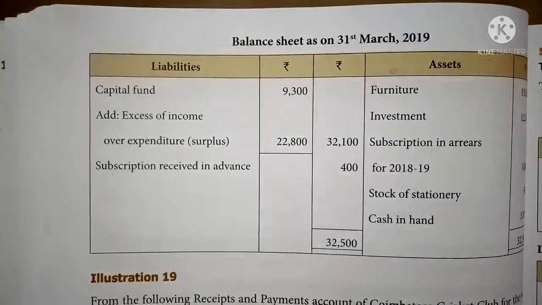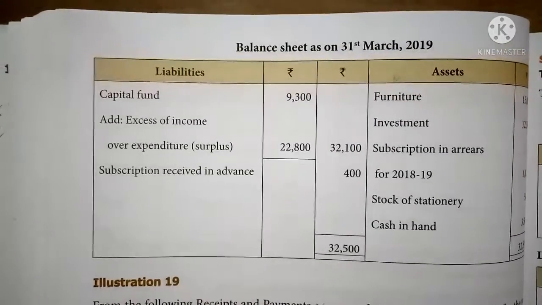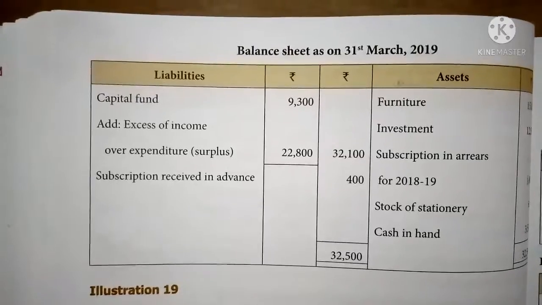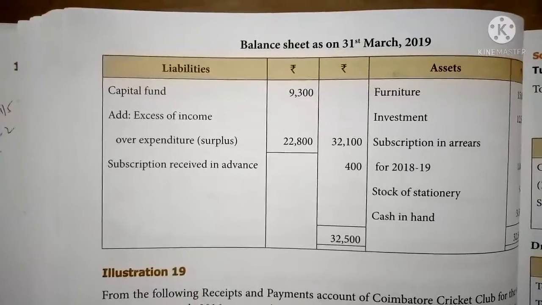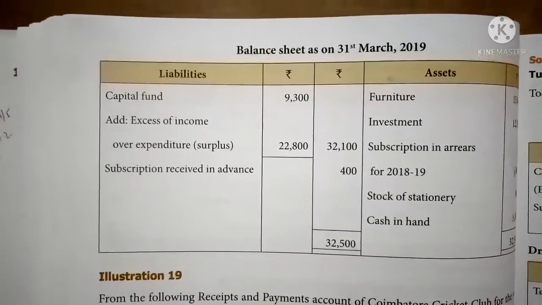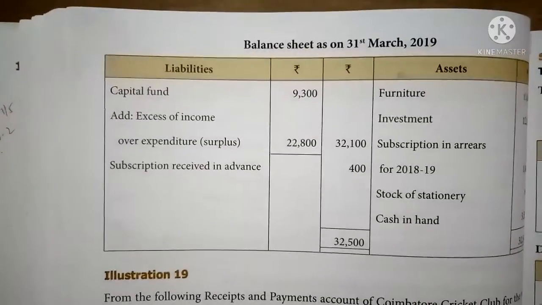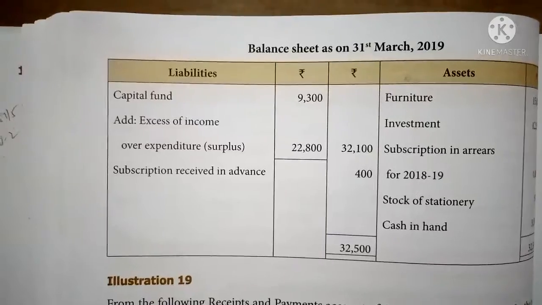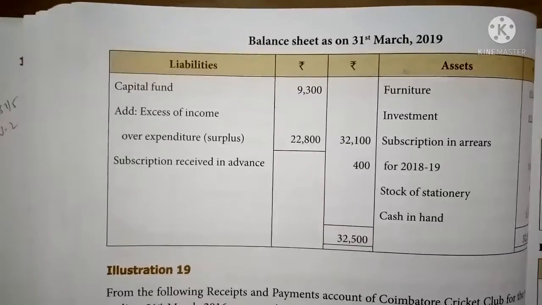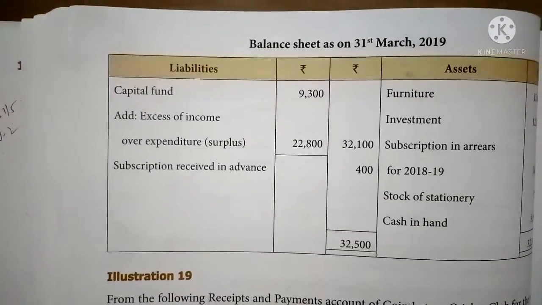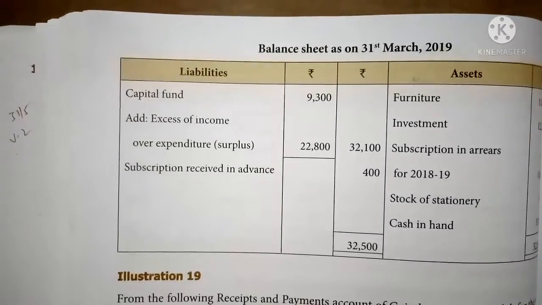Take the assets and the liabilities, write them on the asset and liability side of the balance sheet, and make the total. It will tally automatically. So likewise you can work out the sums easily. With the help of the specimen, you can work out this type of comprehensive sum easily in the examination. So go through it once again, Illustration 18, and work out this sum also in your ruled accounts assignment notebook. And also Exercise 18, you can work out yourself using the same procedure.